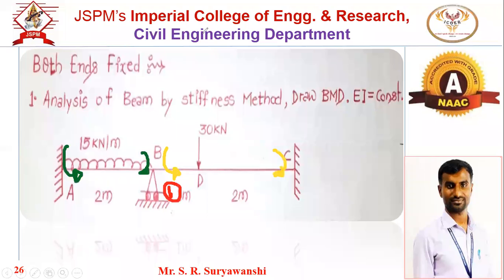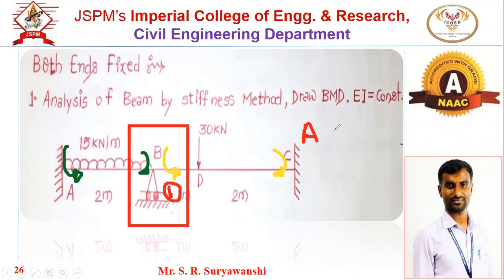This is the node 1, and we have to find out the ideal matrix, means we have to find out the net fixed end moment at this node 1. We have to find out the net fixed end moment at node 1 only, because as our DKI is 1, the ideal matrix also will have only one element, that will be ADL1, that is the net fixed end moment at node 1.